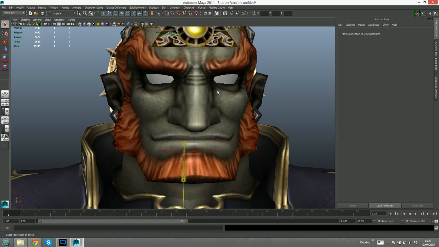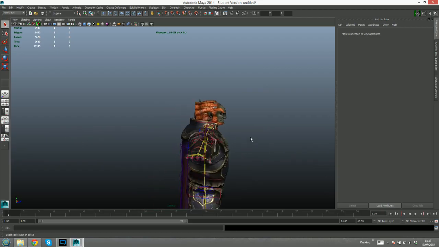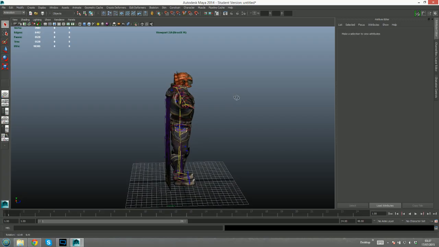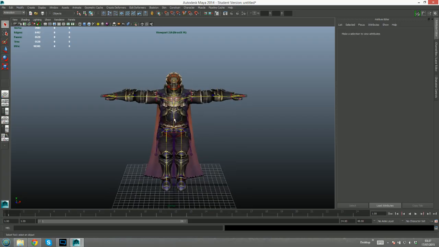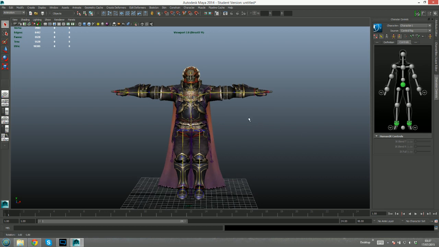I can delete these eye polygons actually. But yeah. Cool. Because those were for the Final Smash eyes. Alrighty. So now that we've got our rig into Maya, what we want to do from here is set up